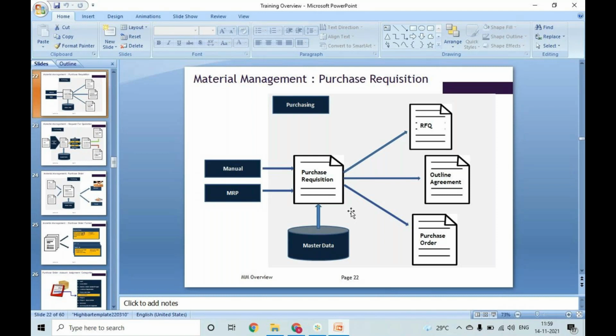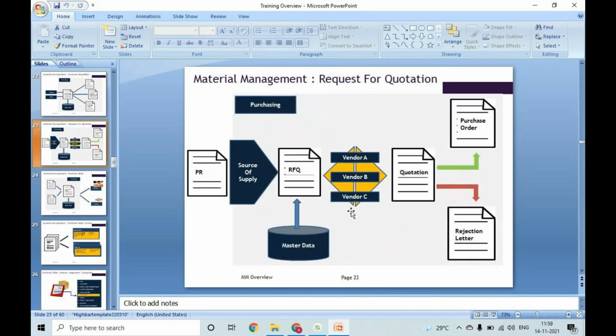Clear? Any doubts? Scheduling agreement is nothing but, see, you give a vendor a contract for one year, but you define the delivery dates, everything, for a year. So and so year, I need this much quantity. You will be defining the schedule lines. That is nothing but your schedule lines.